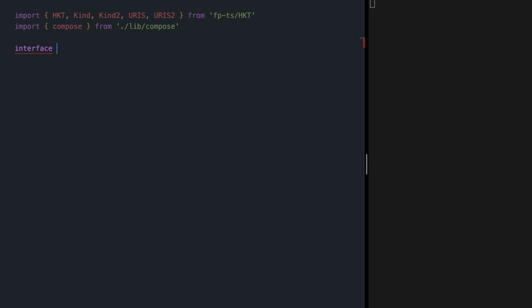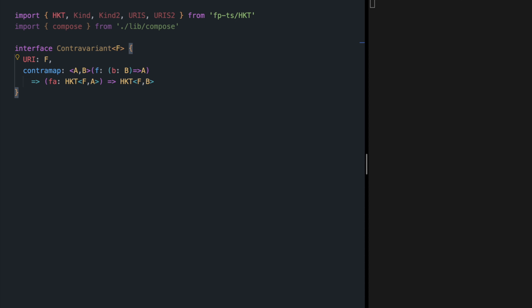Next, let's define our contravariant type class. So, structure F is contravariant if it has a contramap method on it. Contramap is a generic function. It first receives a function from B to A. It then receives F of A, which we showed with HKT F A, and returns F of B, which we showed with HKT F B. Let's not forget about our URI.